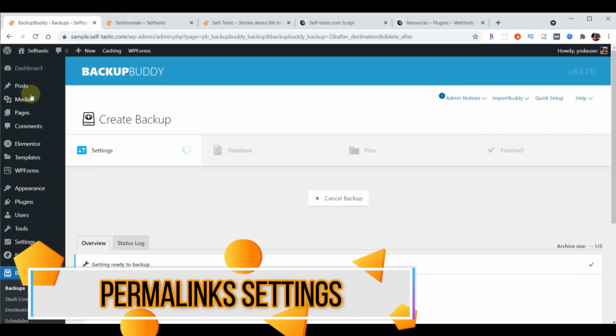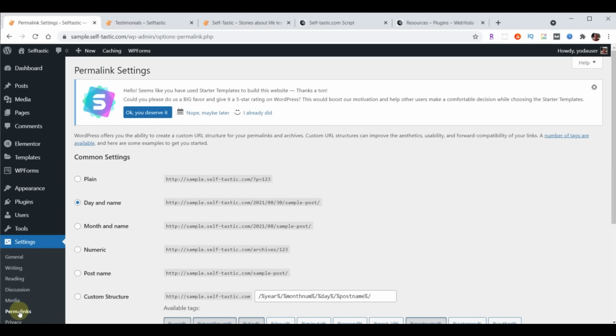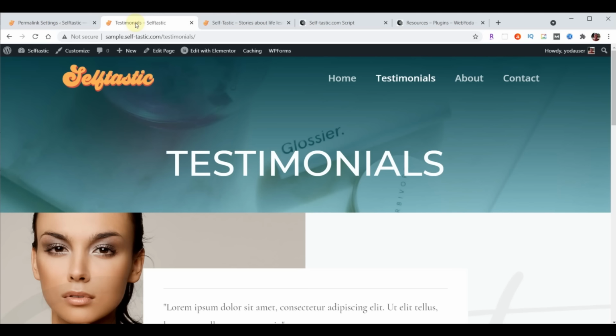If I come back in here and you go to Settings, and then you go to Permalinks, this defines the different ways that your URLs for the pages can show up. By choosing post name as the permalink setting, you are telling WordPress to use the slug name as the page name at the end of your URL. And so if you're following along and you built your website with a different theme or something like that, yours may not have the permalinks set the same way we want to set them. Typically, post name is liked better by search engines, so we like to use that. Now I'll scroll down, hit Save Changes,